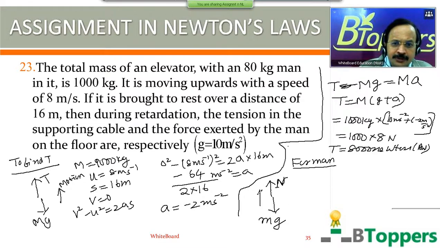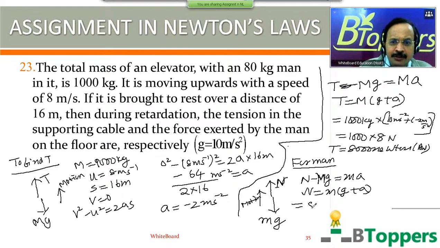It acts vertically upwards. So the direction of the motion is upwards. So the net force in the upward direction, if you give a positive sign for quantities in the upward direction, will be N minus mg. I denote small m for the mass of the man. That is equal to mass times acceleration. So the magnitude of the normal reaction force on the man by the floor of the lift will be m into g plus a.